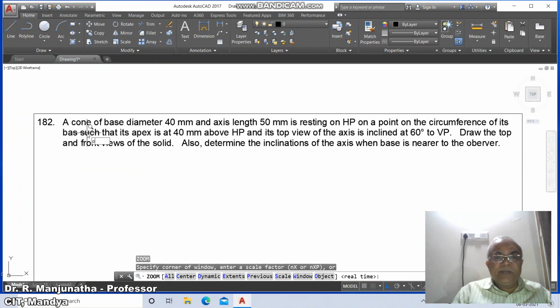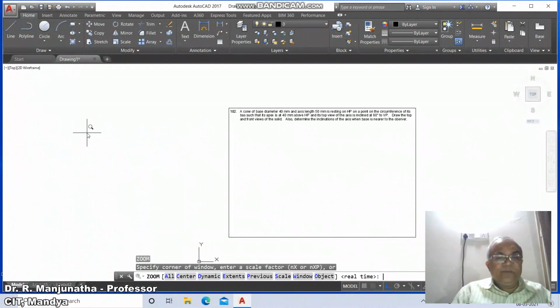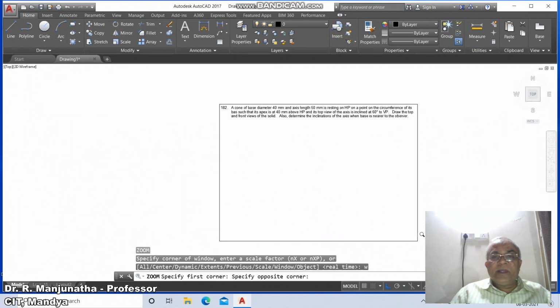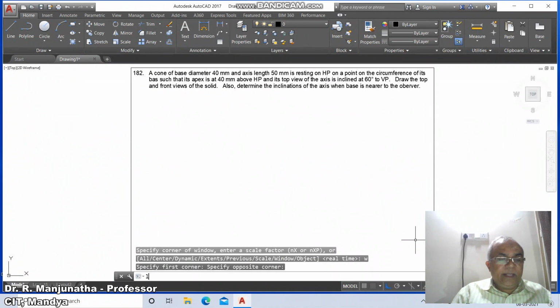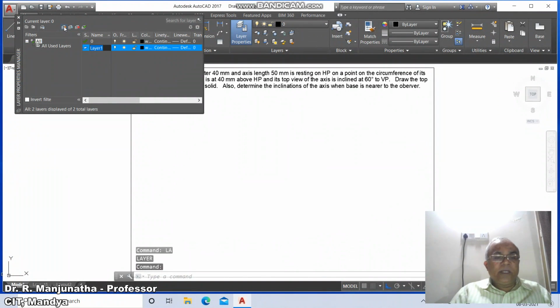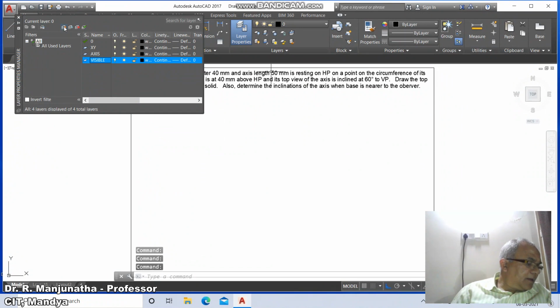Now go to zoom previous. Now we'll go to zoom window and take this nearer to the screen, and now we go for layer, then click on new. Type the layer name XY, then click on new, type the layer name axis, click on new, type the layer name visible, then type the layer name invisible,